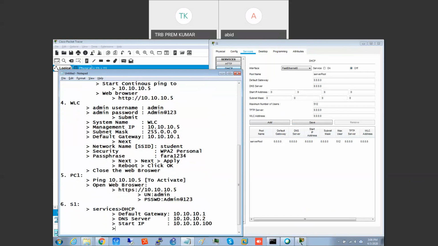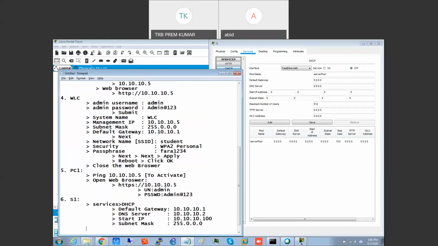There is no end IP here, is it? Okay. So subnet mask: 255.0.0.0. And here it comes, maximum number of users. Here you will put 100.